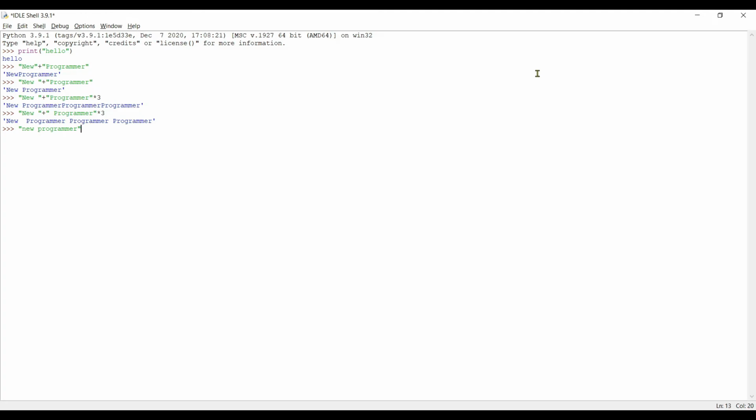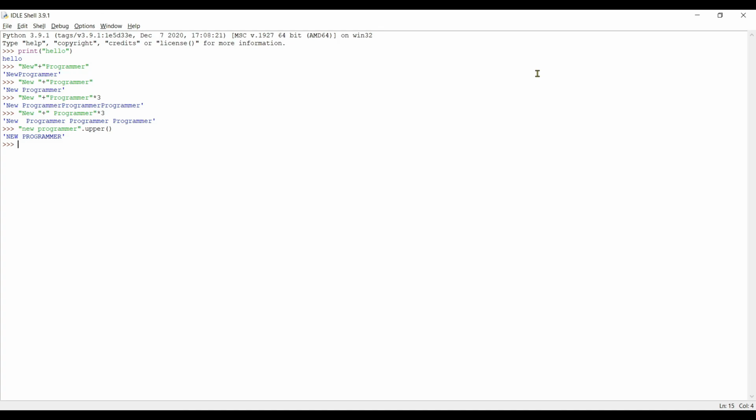For that, I can use the inbuilt function called upper. Where is it located? Just type dot and you will see a whole bunch of inbuilt functions. Here search for upper and select the function. After typing the function name, you have to enter the open bracket and close bracket, then hit enter. There you go.